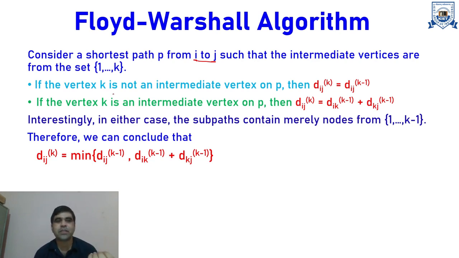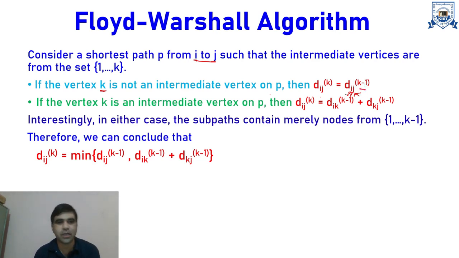Let's suppose that if the vertex k is not an intermediate vertex on the path P, then d^k is d of i j. i j means this i vertex and j vertex. We are finding out the distance. Distance means the cost of the path from vertex i to vertex j using the previous vertices which